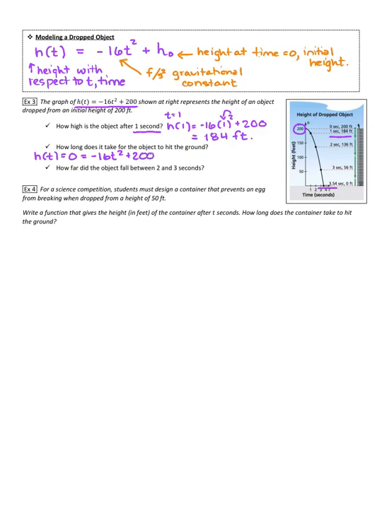I don't know why I'm trying to cram everything in here. I think maybe we can solve this in this little tiny space. So I'm going to subtract 200 from both sides, equals negative 16t squared. I'm going to divide both sides by negative 16. And that's going to give me a positive t squared equals,